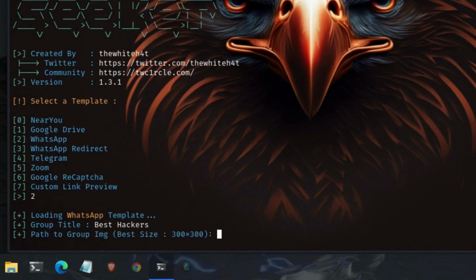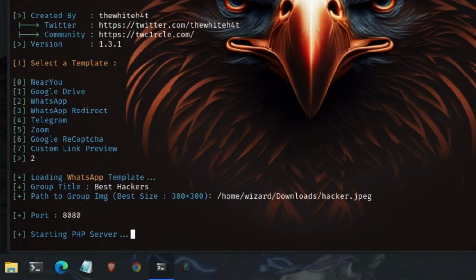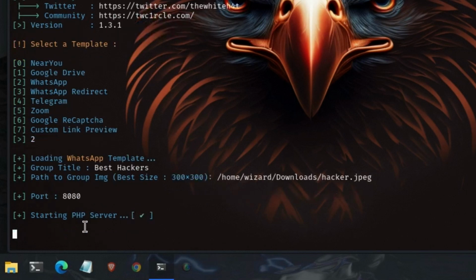Path to group image. The image is located in my home directory, so home/wizard/downloads, and the file name is hacker.jpg. Enter. Now Seeker is running on port 8080, but in order for us to share the phishing link over the internet,